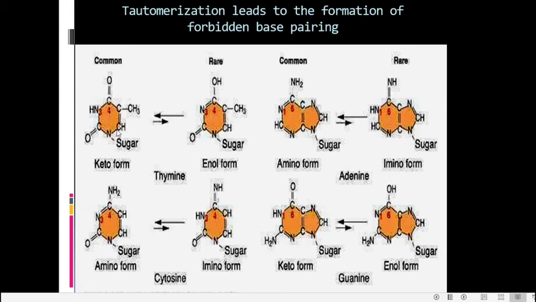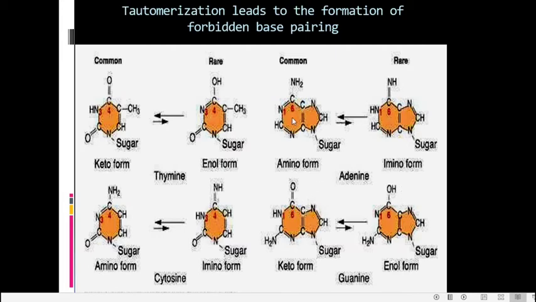Now, what happens when they undergo tautomerization to form new forms? So, here this is the normal thymine, but once it becomes the tautomer, there occurs a redistribution so that it no longer exists in the keto form, but it now converts to the enol form. So, here you can see the functional group has been changed to OH. So, the keto form changes to the enol form. Similar change occurs in guanine also when it undergoes tautomerization. That is, here this is the keto form which will get converted to the enol form.